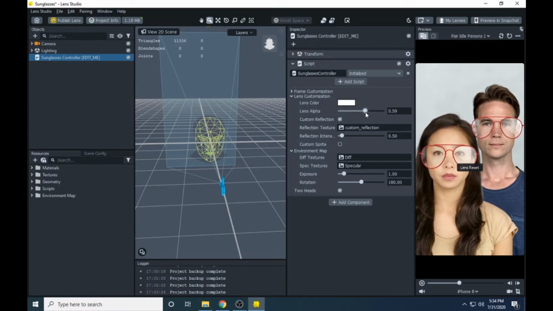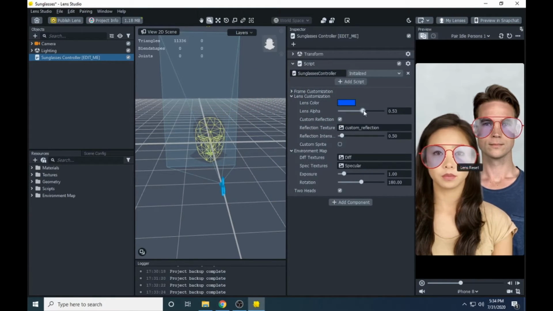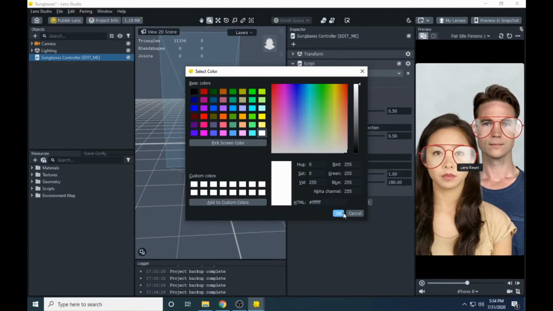In white it's not making any effect. So if I change to blue, now you can see the effect of this intensity. See, I made it full, I made it 1, and it has very high intensity on the lens. And if I decrease it, then it will get low intensity. So we will give it 0.5 intensity, and okay. So I'm going to change the color to white.